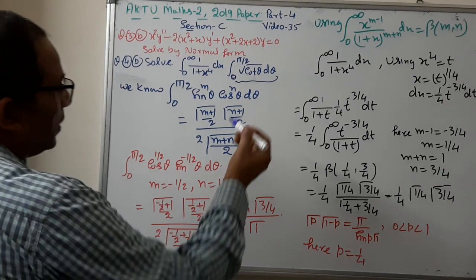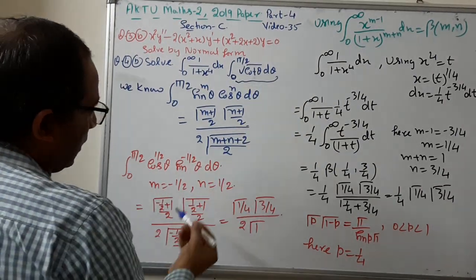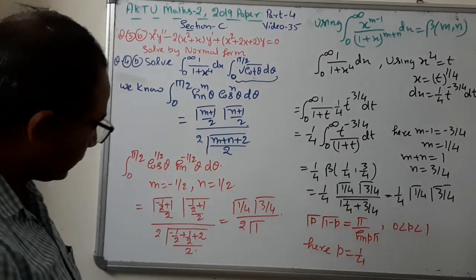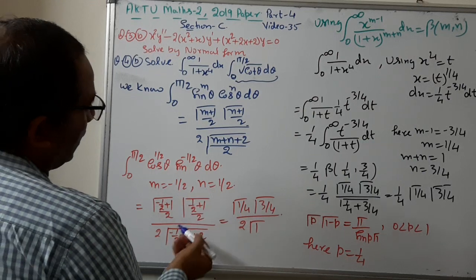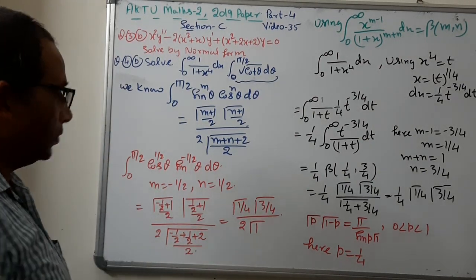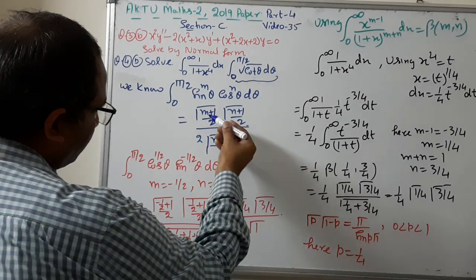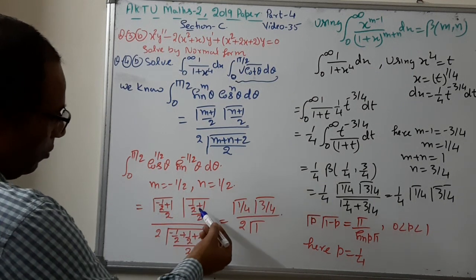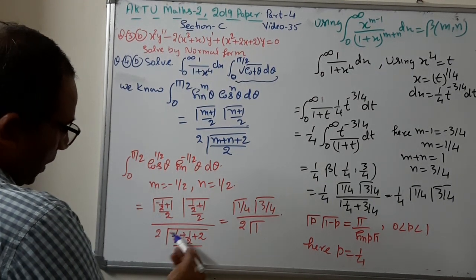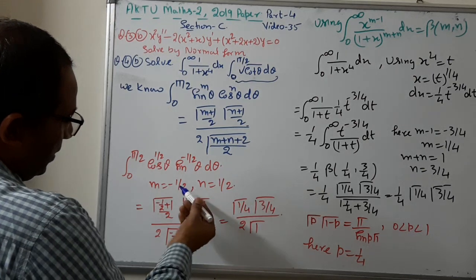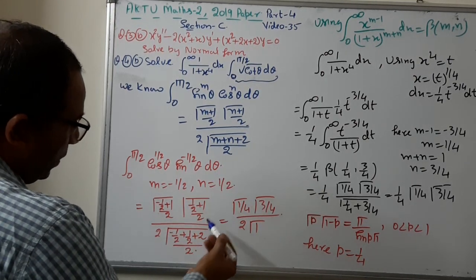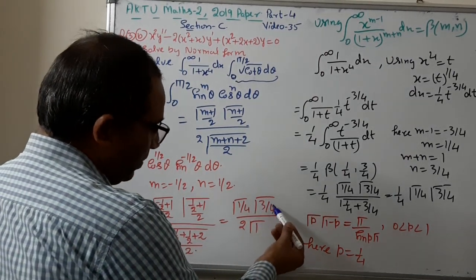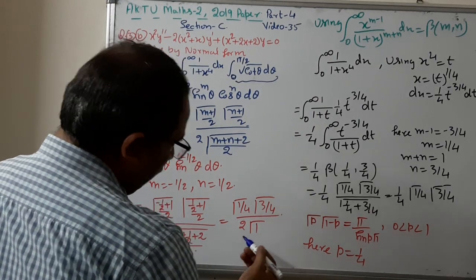Write this root cos theta as cos theta upon sin theta, so we get sin to the power minus 1 by 2 theta into cos to the power 1 by 2 theta d theta. So here m equal to minus 1 by 2 and n equal to 1 by 2. Putting the values of m and n here, we get gamma of (minus 1 by 2 plus 1) by 2 into gamma of (1 by 2 plus 1) by 2 upon 2 times gamma of (m plus n plus 2) by 2. M plus n means minus 1 by 2 plus 1 by 2, and plus 2 upon 2. We get from here gamma 1 by 4 into gamma 3 by 4 upon 2 into gamma of 1, right?